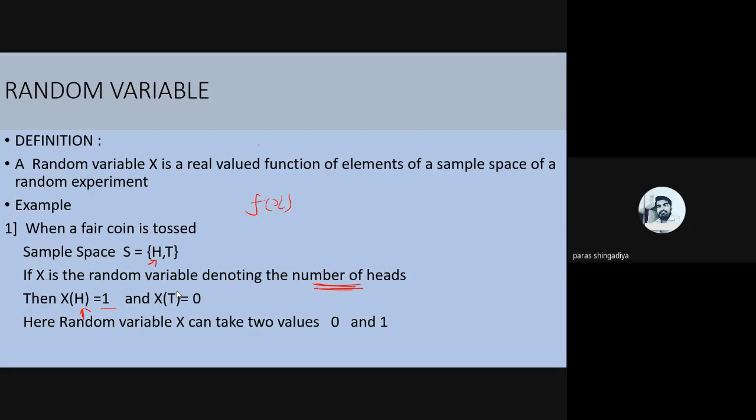That is an arbitrary condition here. A random variable is any arbitrary function, and as per the function, we can check its output as 1, 0, 2, and so on. Clear? If we consider tail in place of head, so X denotes the number of tails, then X of H will become 0 and X of T will become 1. That is the condition it denotes. It is also considered an experiment here. Here you consider only one coin and you toss that one coin, so there are only two possibilities: either head or tail.